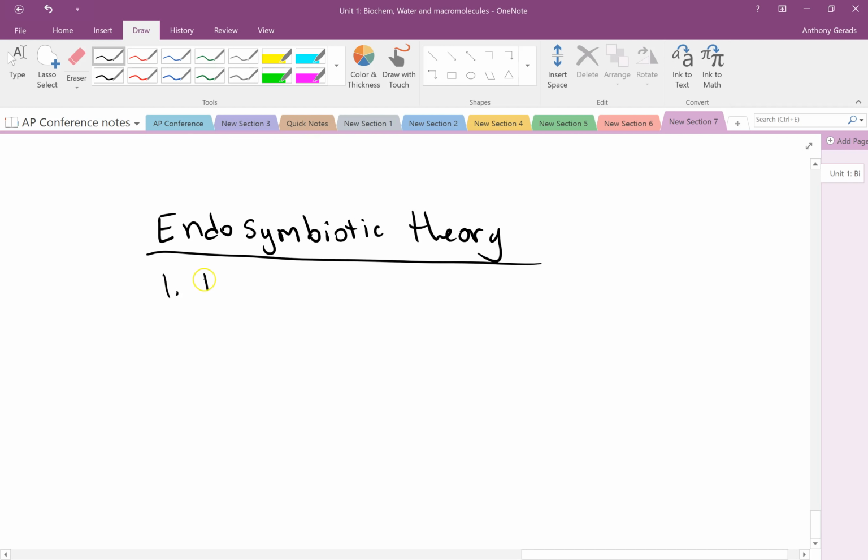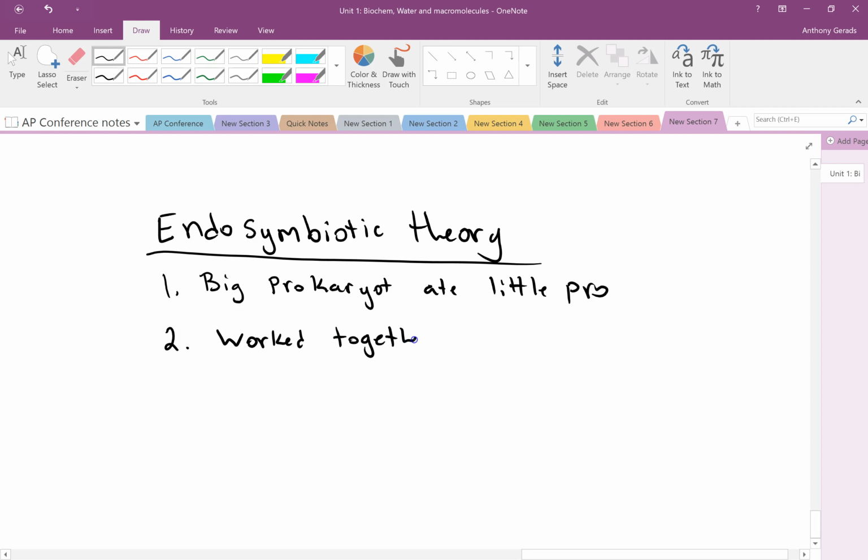Step 1, big prokaryote eats little prokaryote. They started working together. So I had a big prokaryote taking in a little prokaryote. They started working together, and this led to